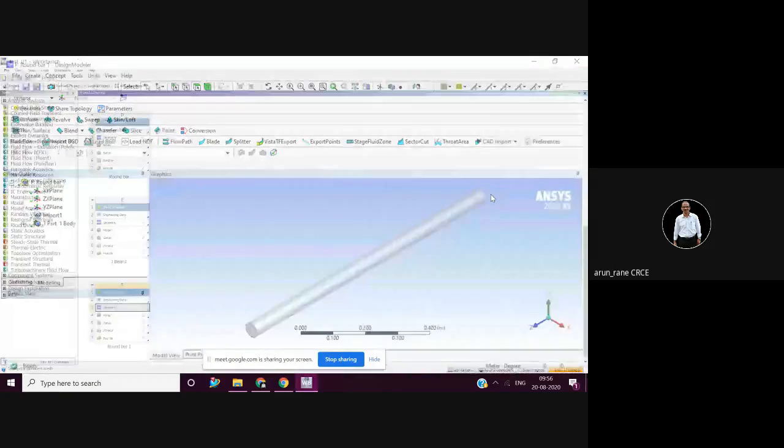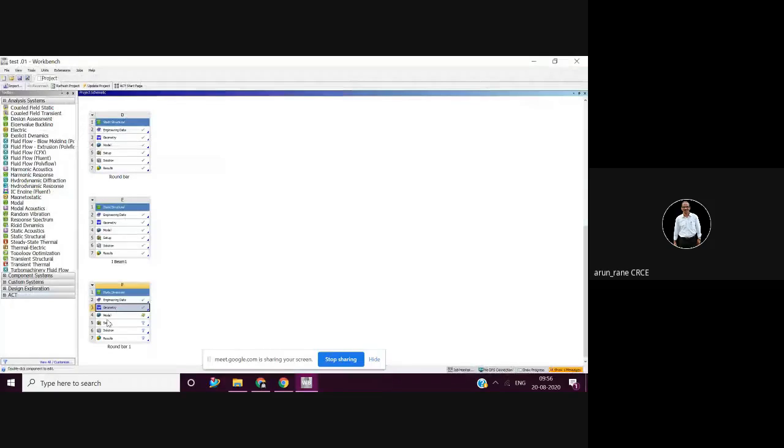Now what is the next step? I'll select model. Alright, so double click here. It's loading, now starting mechanical processing.